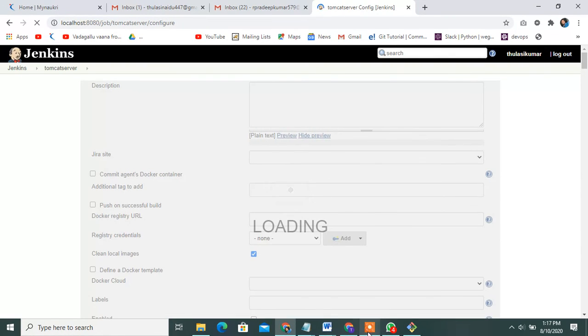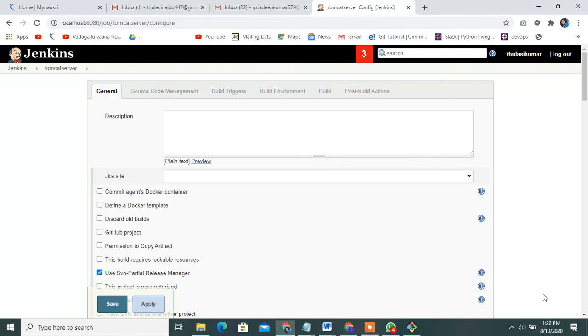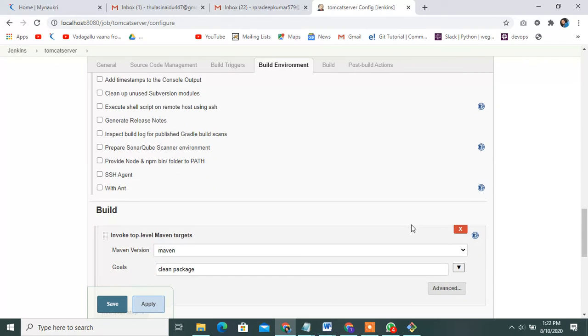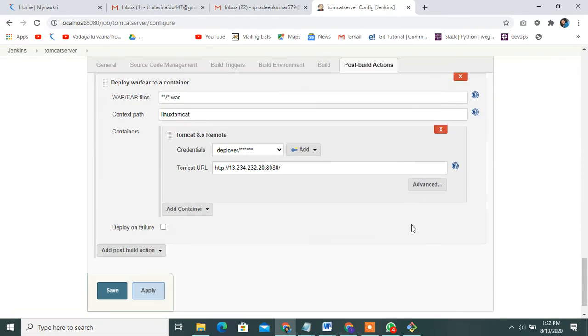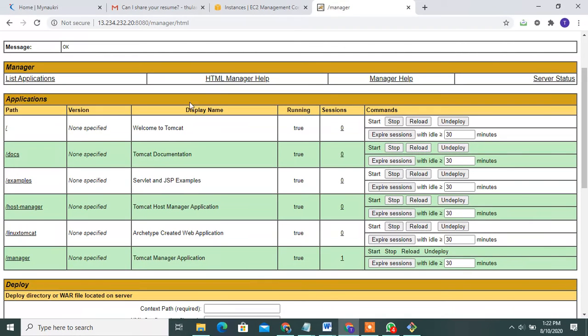One minute guys. Sorry guys, somebody is calling. Okay, next, what name will be stored? See, Linux Tomcat. Once again check it. My Tomcat server is opening. Yeah, see, Linux Tomcat is stored. Open it. See, this output is displayed.